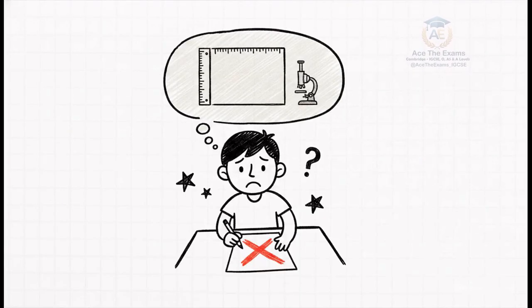Imagine this for a second. You're sitting in the exam hall, the clock is ticking down, and you confidently calculate an area. You write down your final answer, feeling great about it. But when results day comes around, you see you've lost top band marks. Why? Well, just because you calculated that area using a length of 20 centimeters and a width of 10 millimeters,